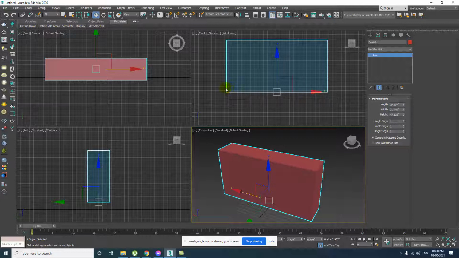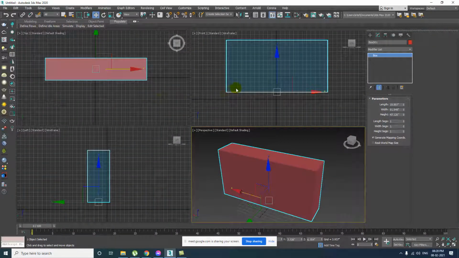You can continue the same steps for the front and left view, but I will show you a shortcut for how to turn wireframe to a solid view. It's on your keyboard, the F numbers, F1 to F12.